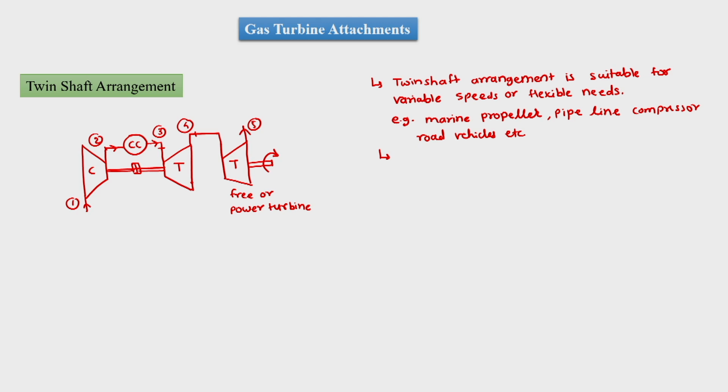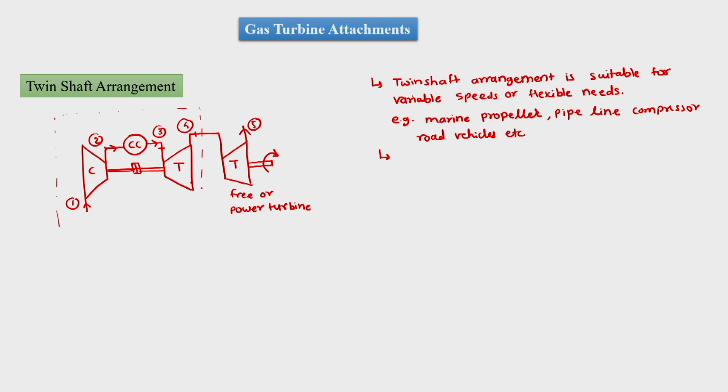That is where it is going to run the components or the machines which are based upon the input speed from the turbine. Such an arrangement, which is a twin shaft arrangement, is specific to applications which are variable speed or flexible speed. We do not need any gearbox to be connected over here, and further